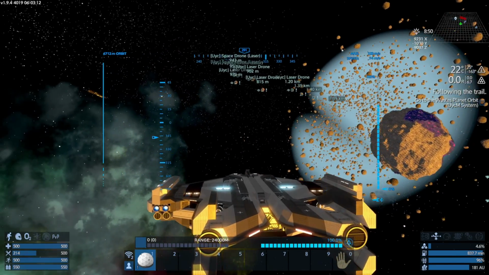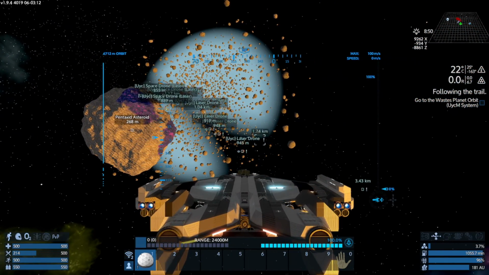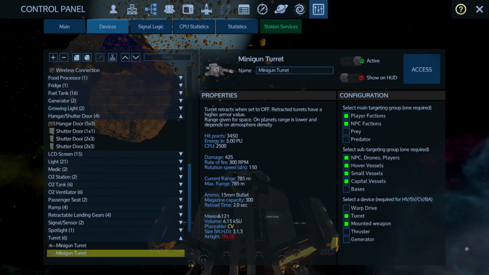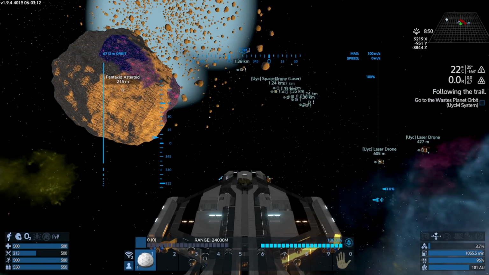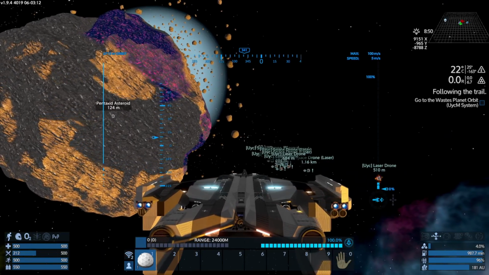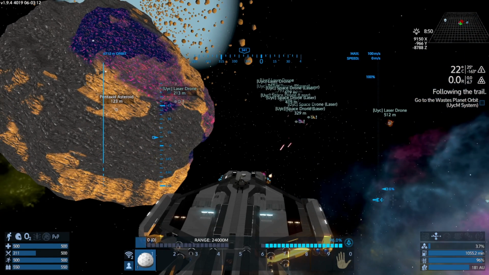They didn't like me getting next to that pentaxid asteroid. There we go. Alright. The guns are opening up. There we go. The unknown yield colony. Alright. So what is our likability to them? They are not even on here. Okay, they're not really bothering me all that much. Alright. Then I'm going to just let the guns do their business. And probably just,